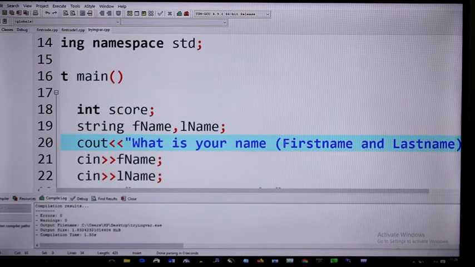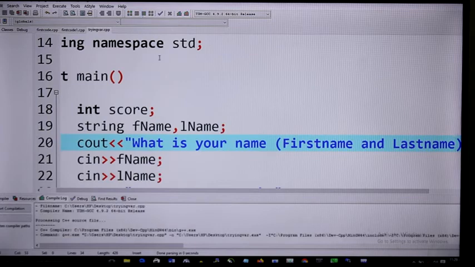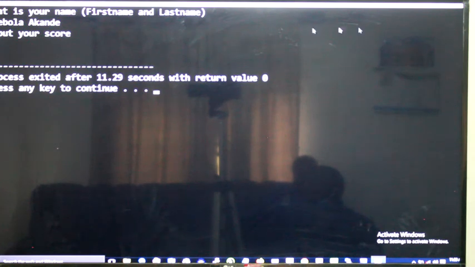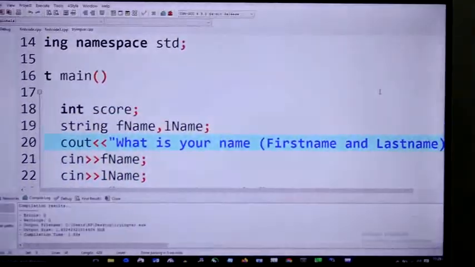So what is your name? First name is Oyebola, Akande. So input your score, 56. So that's it. Input your name and your